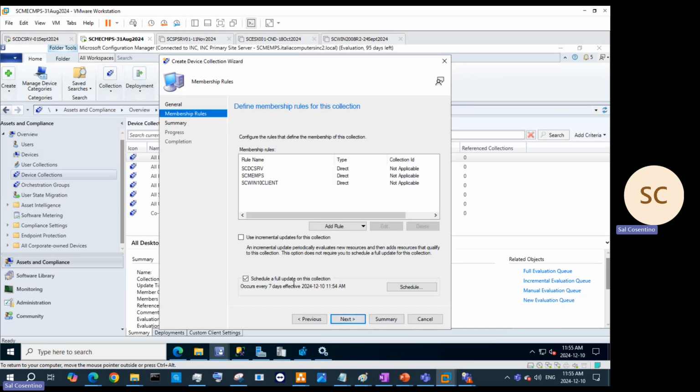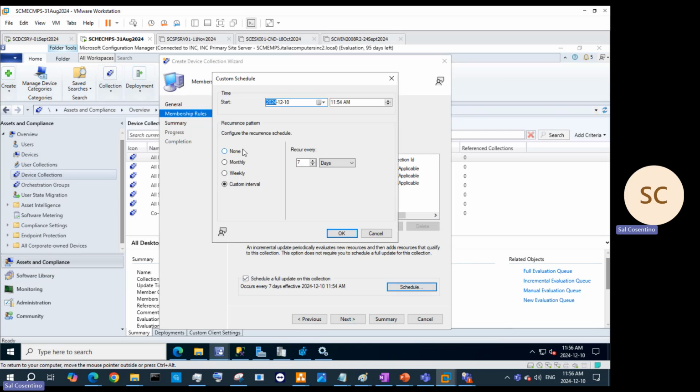So that rule's already created. And an incremental update periodically evaluates new resources, then adds resources that qualify to this collection. This option does not require you to schedule a full update for this collection. So this is a basic schedule that I want. I don't need a schedule. It should happen once because we're in a test environment, but in your production environment, you want to create custom intervals or weekly intervals and put them, for example, start it today, I don't know, let's say